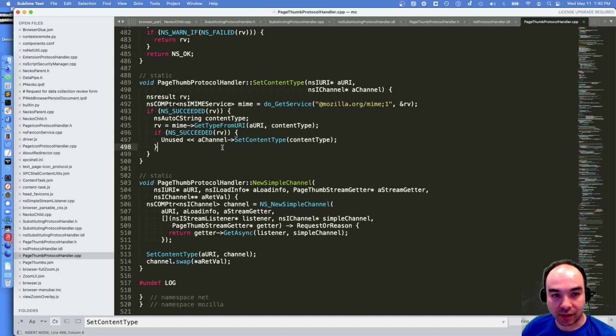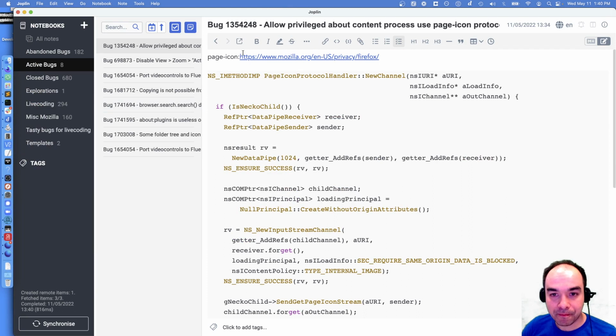I guess we could do that too, but the URI is not going to tell us what the content type is. This is an interesting case where the page thumb protocol handler knows, I think from the URI, how to figure out the content type, but page icon URIs, which look like this, have nothing in this URI which will tell you the type of the favicon. That is information we only get after we attempt to fetch it.